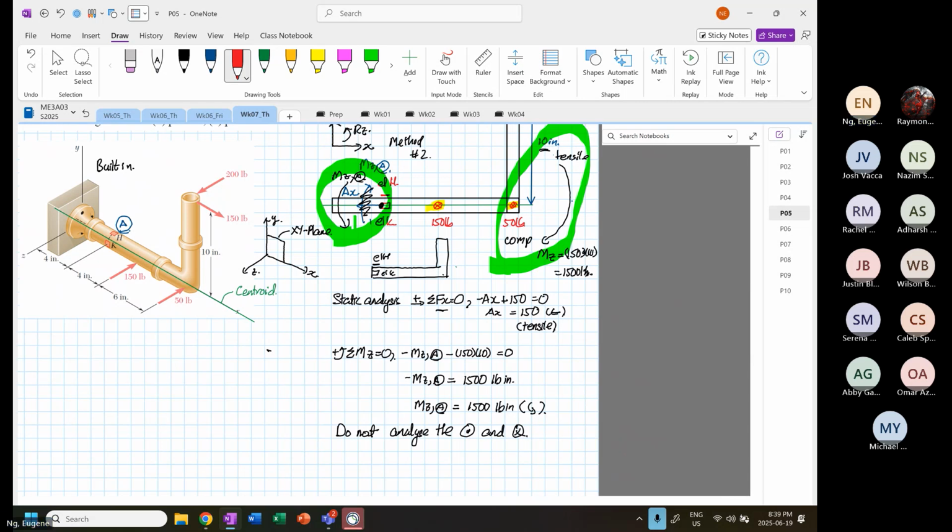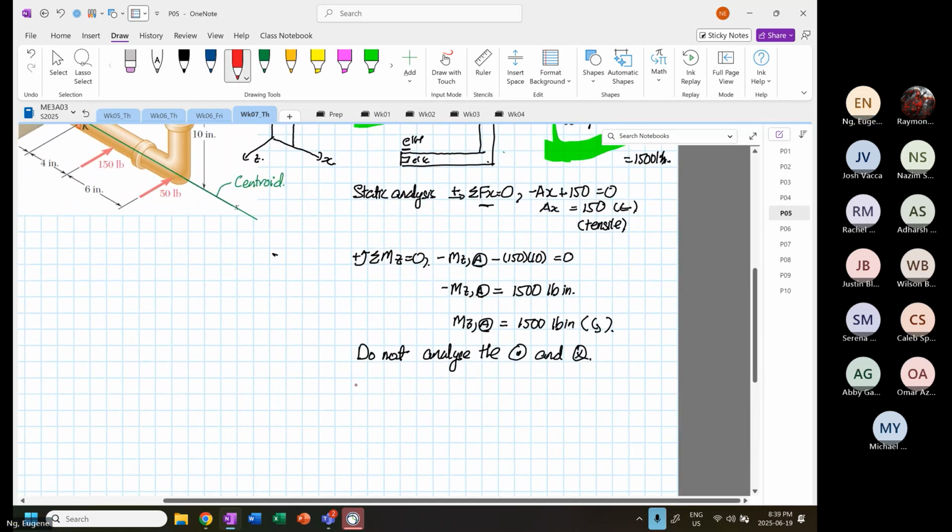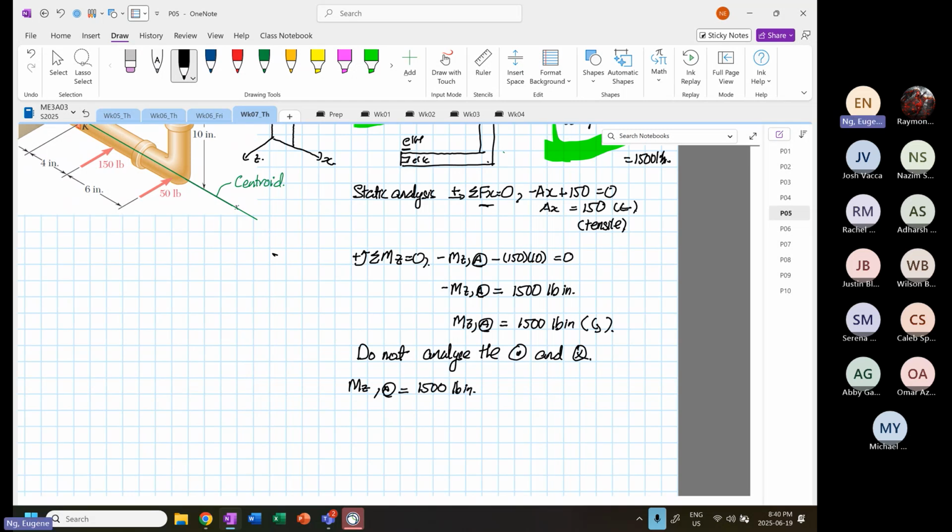So the next thing that we are going to do, and this is what I prefer to do, and I hope you will adopt this methodology, is once you know that MZ at point A is equal to 1500 pound inch,